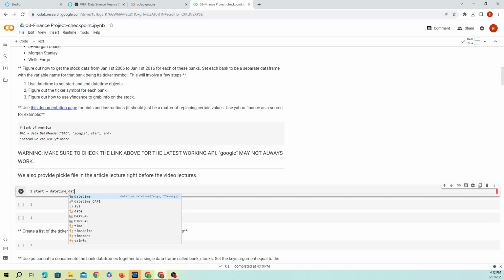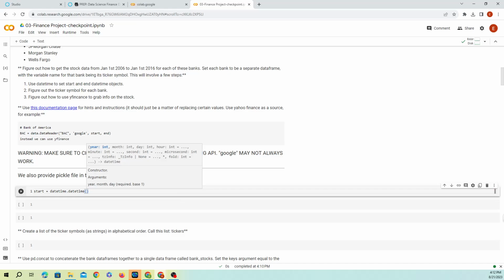So datetime is the package. Datetime is the constructor. In this case, we're gonna use 2006, and we're gonna put January 1st. We can do more if we want to do the hours and minutes, but we're gonna keep it just an hour day. We're gonna have an end date.